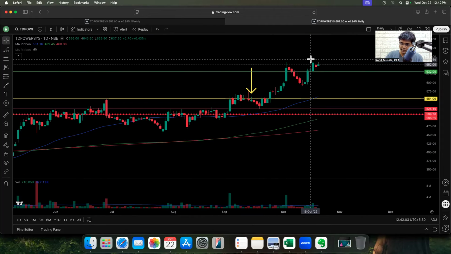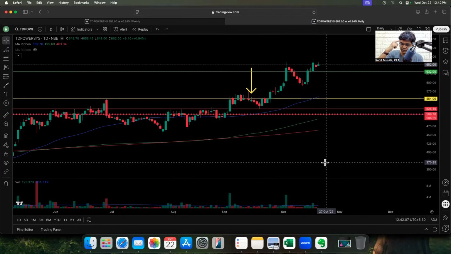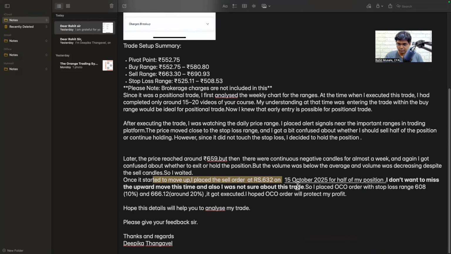What if the stock completely collapses and hits her stop loss? That is what she's thinking in her mind. Then 1 month is also gone and the realized gain is also gone. Unrealized gain is also gone. Okay. That is what happens with you. That is how the market plays with your psychology. On 15th October, I don't want to miss this upward move. So this is like fear of missing out. So can you see some trading psychology being played out here?